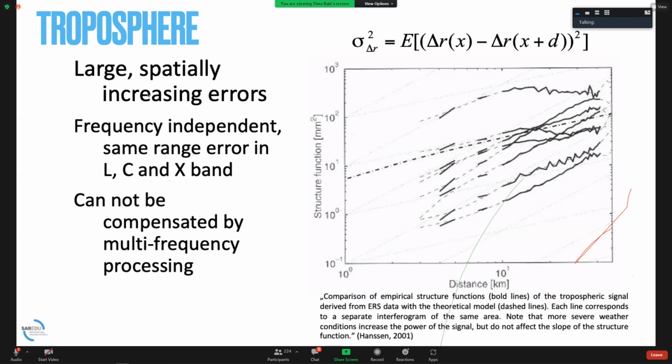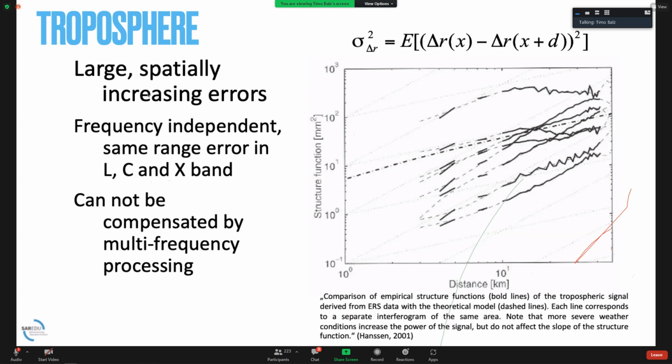So the troposphere delay is frequency independent. So you could get the same range error dependent of your band. You could also not compensate it by multi-frequency processing. And it can be large errors,